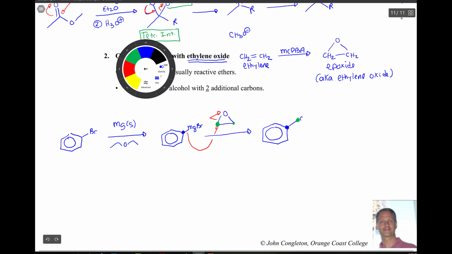Now, if we want to, we can write that out as a CH2 also. That CH2 is connected to another CH2, which is then connected to that oxygen. An O minus there, right? And then the last step of that is your acid workup, right? So that's where you get your ring in there, right? You get your CH2,